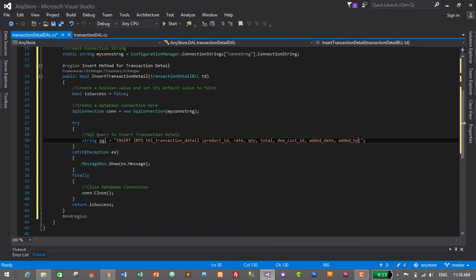Now let's copy all of this inside the parentheses by pressing Ctrl and C. Select all this inside the parentheses and press Ctrl and C, and after the parentheses give a space and type values